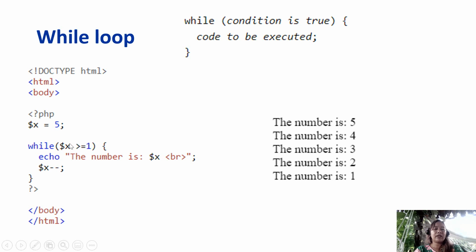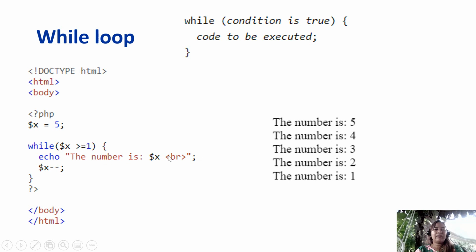So of course initially that's going to be true, so it will display the number is 5, because on the first iteration the value of your variable x is 5. Then you subtract 1 from this value. So from 5 it becomes 4, so 4 is still greater than or equal to 1, so it will display the number is